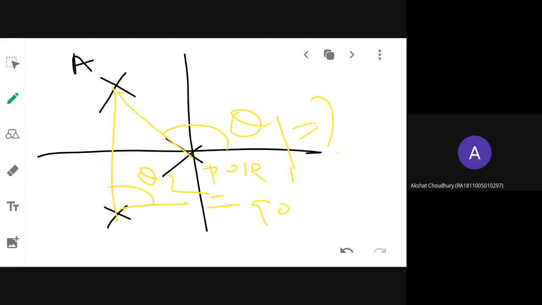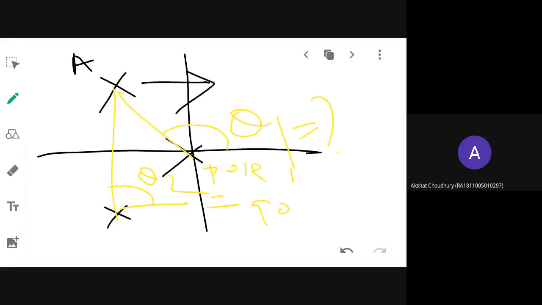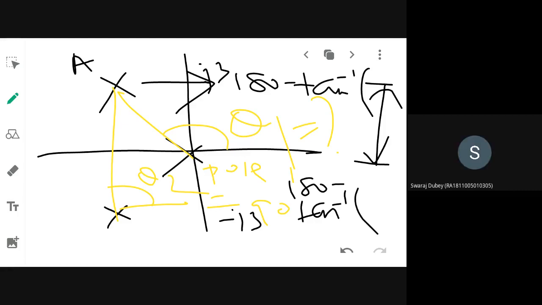So I will be finding it out by writing one formula. Because this is to this side, 180 minus tan inverse of, what is its vertical distance? This is J3, no? This is minus J3. So what is your vertical distance? 2J3. This vertical distance is 2 into, how will 2 into 1 come? This vertical distance is J6. 3, no? So this distance is 3 only, no?